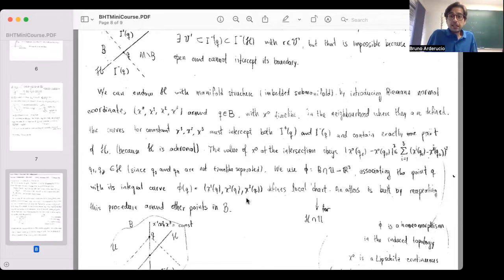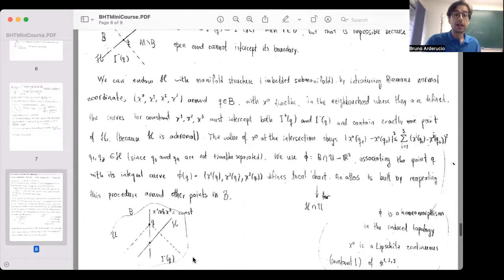So the idea to show that you can endow H with the manifold structure in itself, that inherits from the manifold structure of spacetime, is to pick a point in the black hole and introduce Riemann normal coordinates around that point. Oh, I don't have a diagram. Oh, but I have it here. Okay, that's fine. And you realize that the lines of constant